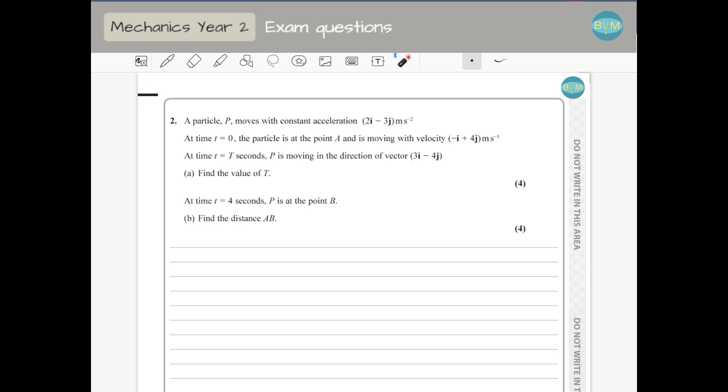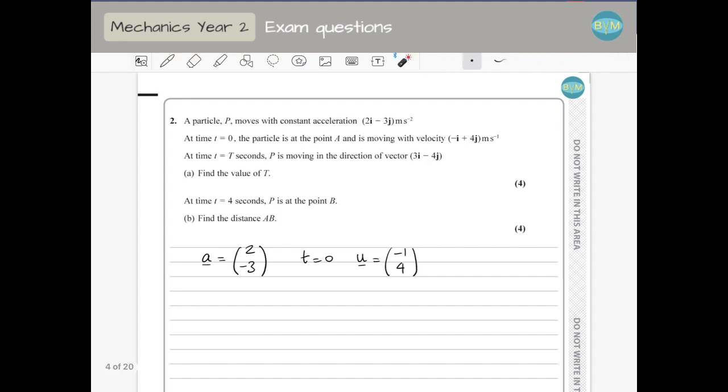Hello, this is question 2 on your June 2019 mechanics paper from Edexcel, and you have a particle that moves with constant acceleration, so the acceleration is constant, which means we can use SUVAT equations just written as vectors, so 2, minus 3. At time t equals 0, the particle is at point A and is moving with this velocity, so when t is 0, the velocity is going to be the initial velocity, so I'm going to call it u, is minus 1,